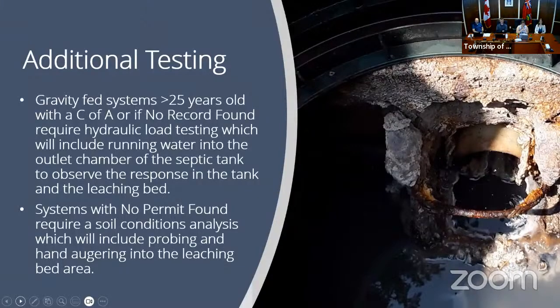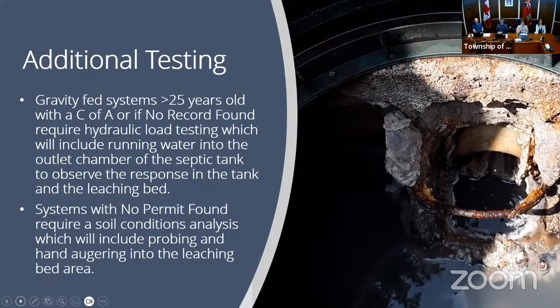So then we'll look at the soil item, which we haven't addressed yet in this presentation. So for systems without any permits found, the intention is to try to collect some of that information that would or should have been on that permit. And one of the main pieces of information when designing a sewage system is going to be the soil conditions. Are you in a sandy area and therefore sewage is going to disperse fairly readily, or are you in a very